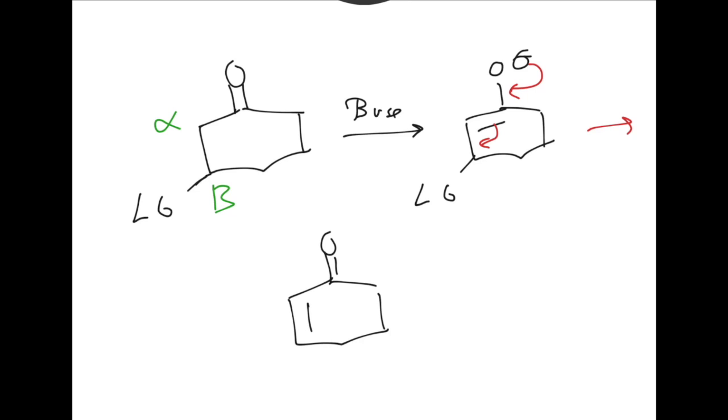Oops, sorry, that went away. They kind of got double duty out of this group, right? It made sure that these were the right R/S designation, and then it was also the leaving group to make their enone. And then we do a whole bunch of stuff, and we get here. So this isn't a Tebbe reaction yet,